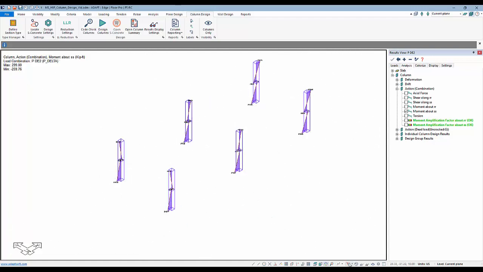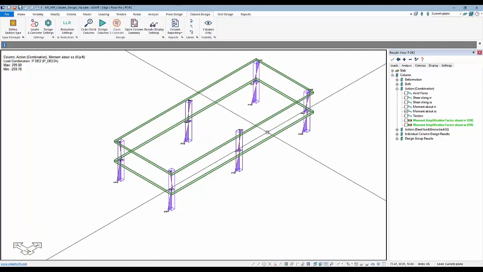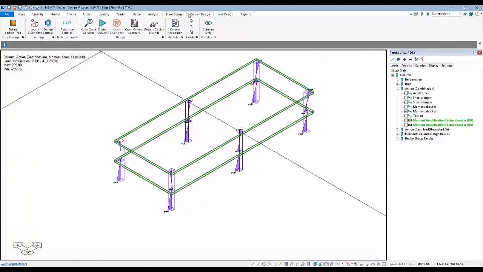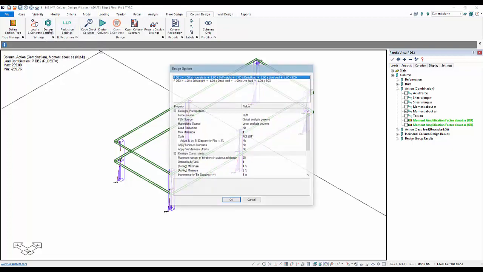And so the analysis we just ran was actually a global analysis. I ran it in multi-level mode. And if we go to the column design ribbon under design settings, we can see that there's a force source here that establishes what solution the reactions come from that comprise these load combinations. And if I, for example, say my force source is the finite element model and solution that I just ran, and that FEM source is a global analysis,